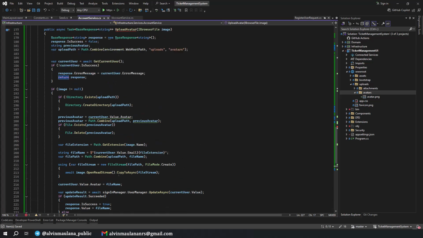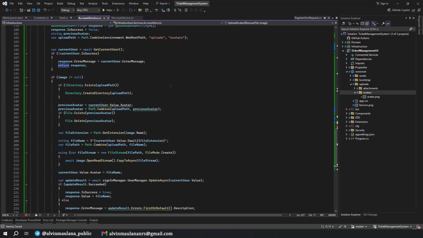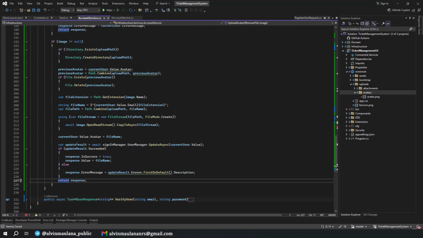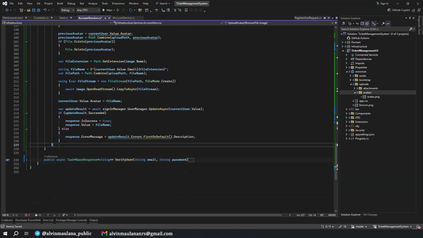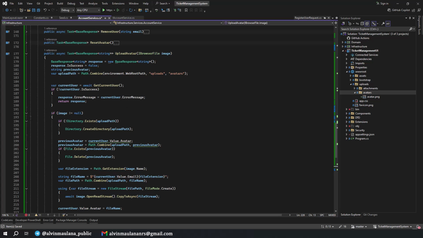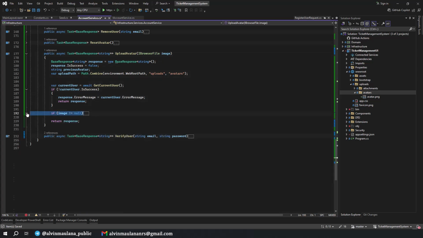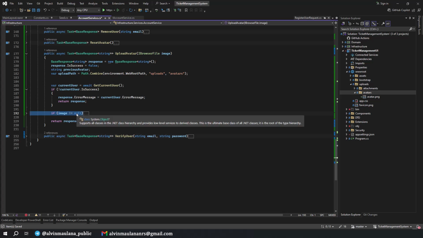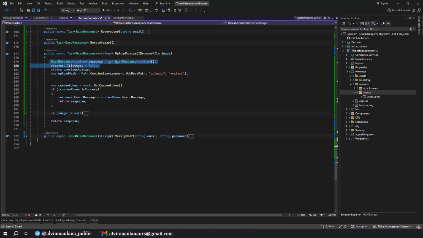This is the function to upload the avatar, but there is one thing we should return here. Because if the image is null, then we just return this one: response success is false, without any error message actually.